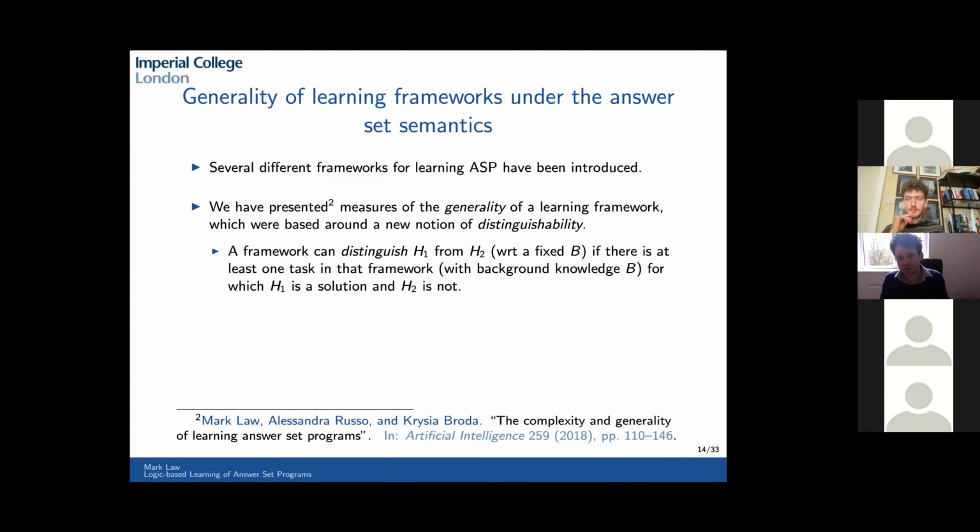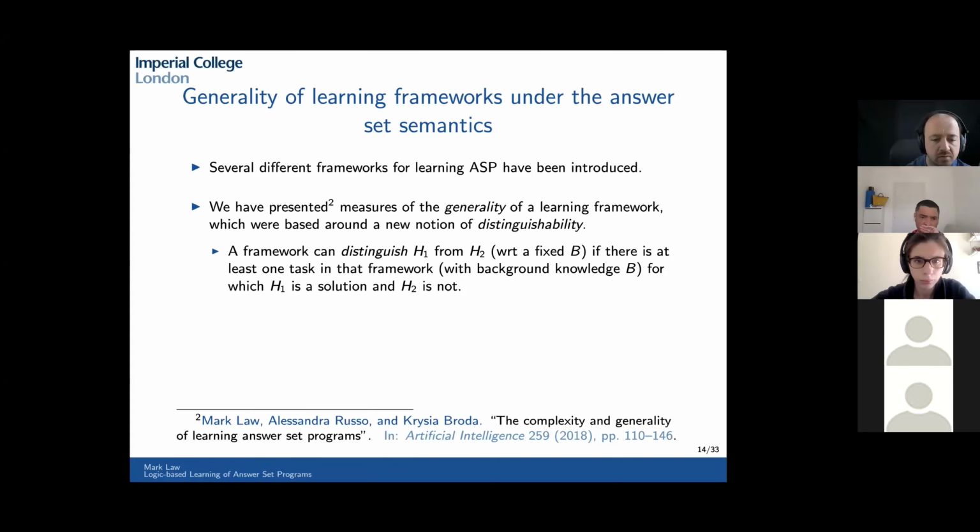So those are some of the extensions. There are other extensions that I'm not going to go into detail on in this talk, but I'm happy to answer questions about those extensions if people are interested. You may ask what these extensions give us in terms of the generality of the learning framework, or even, given that we're using partial interpretation examples, and this seems like a much more complicated way of learning things compared to, say, brave or cautious induction, where the examples are simply just atoms, whether this actually gives us any advantage.